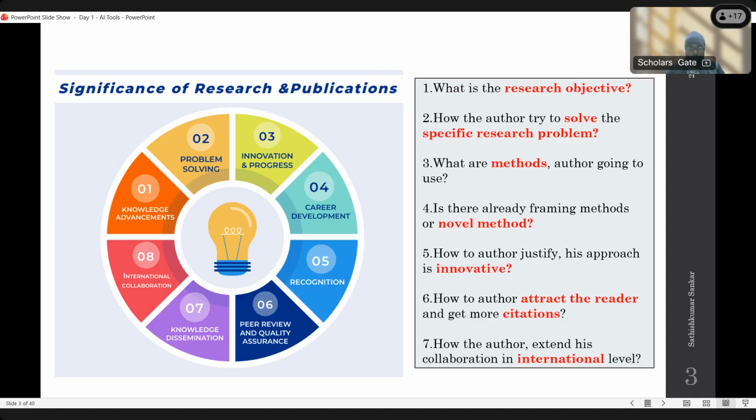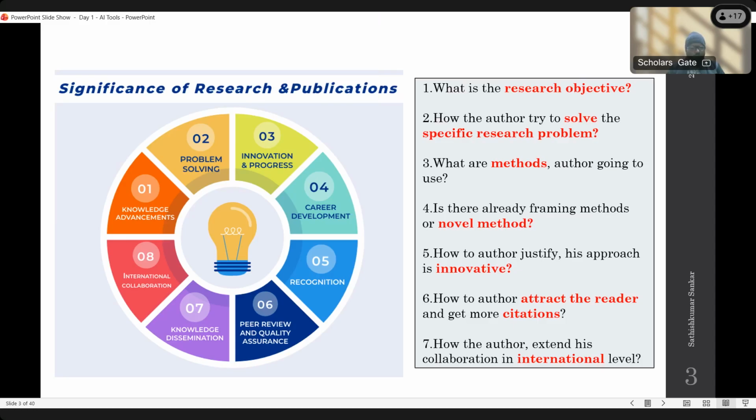If you have a collaboration with VIT, you can go for open access publication free of cost, but the first author and the corresponding author must be from VIT. Only then is it possible to publish open access in the VIT system. But if you collaborate at the international level, most international institutions provide funds for open access publication. So it will be easy to publish.